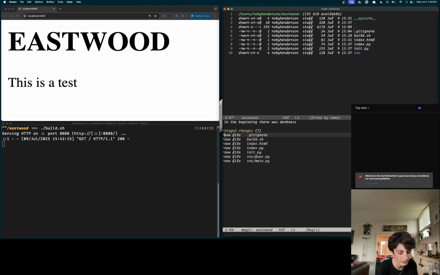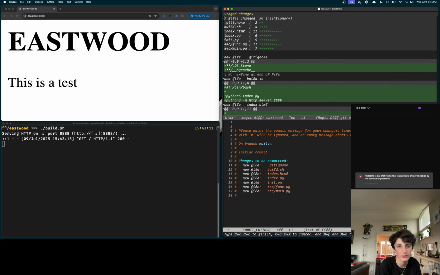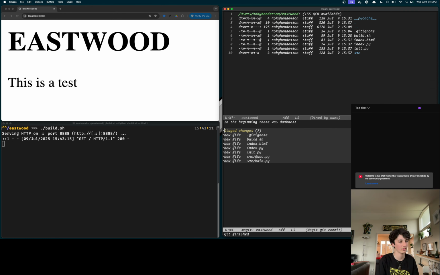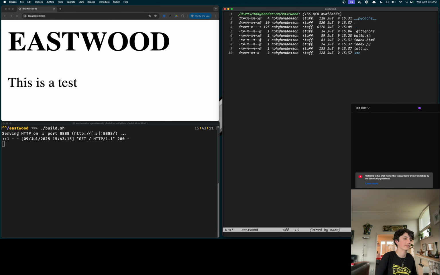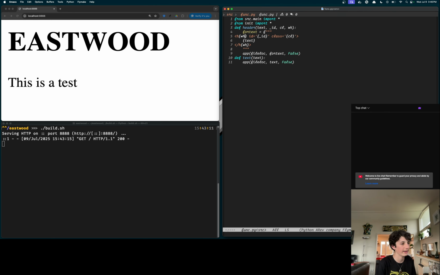You know what I'm gonna do? Commit it. Boom. It's committed. I committed it. Let's do this. Okay. So, next thing I need now is to be able to implement style sheets. But before I do that, another thing I want to do is we have init, but we need